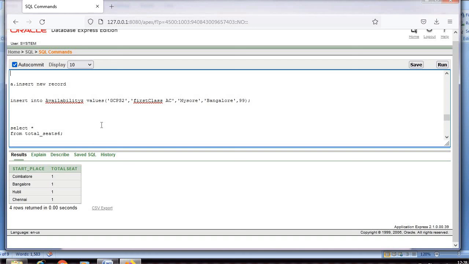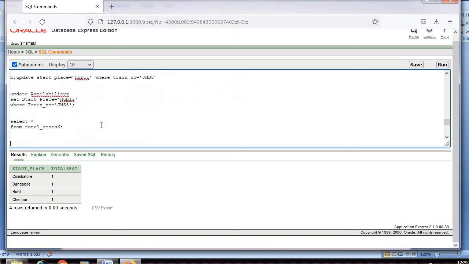This was the last record in the availability table, and they've asked you to delete the last row, whose starting place was Mysore. In the previous problem, the answer had a Mysore start place row, but after deletion, that Mysore row has been deleted.